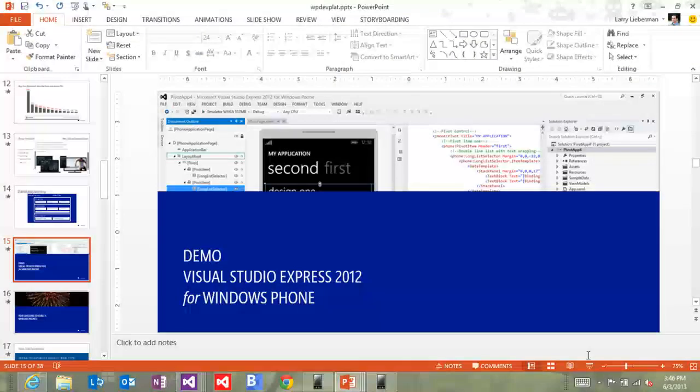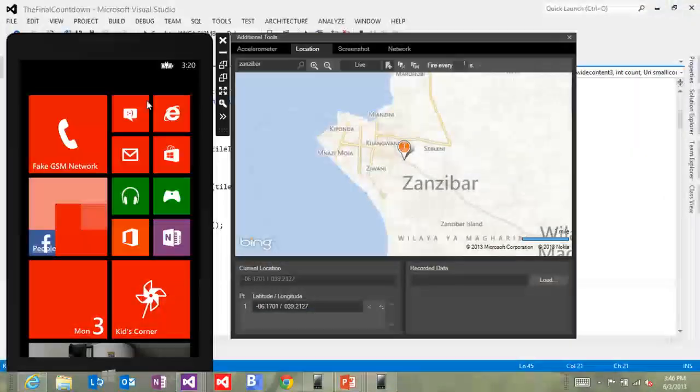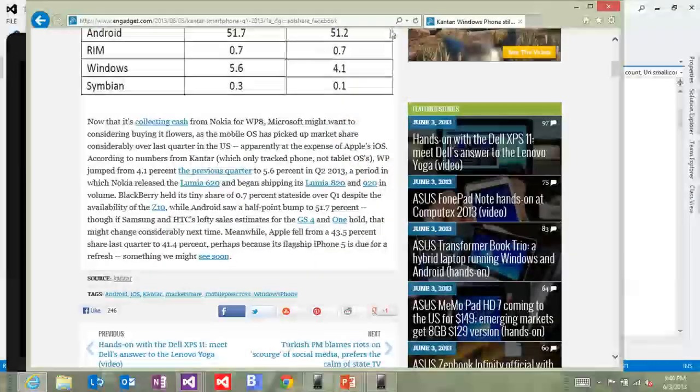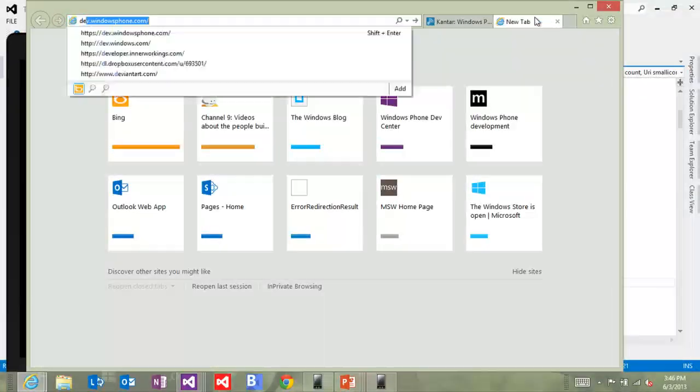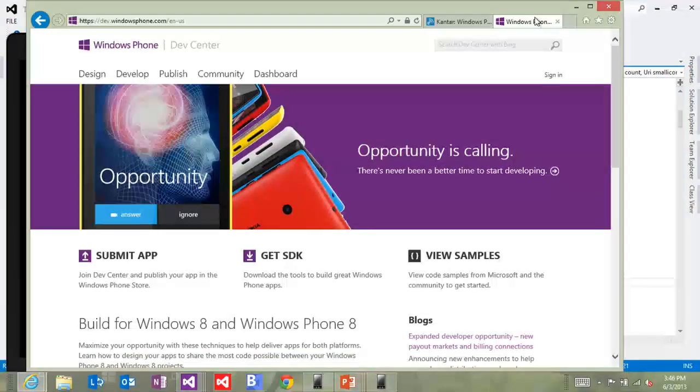So most of you have developer experience. I don't know how much I need to. How many of you used the Visual Studio developer tools for phone? About half. We have a free set of developer tools. You go to our developer portal, dev.windowsphone.com, and you can download our free SDK.